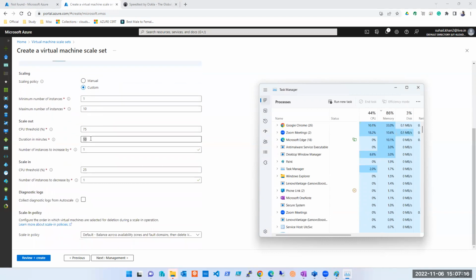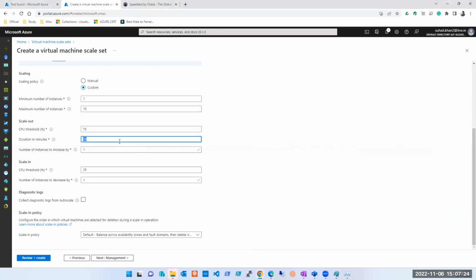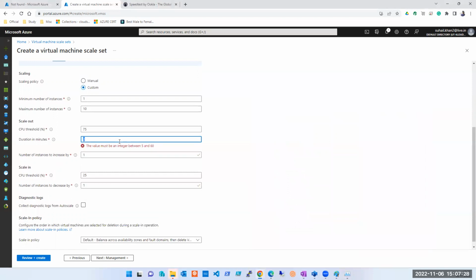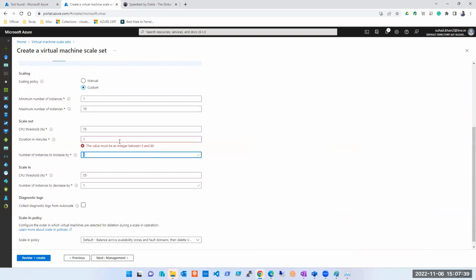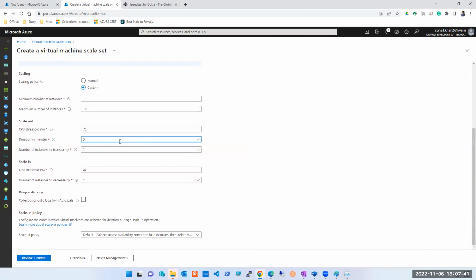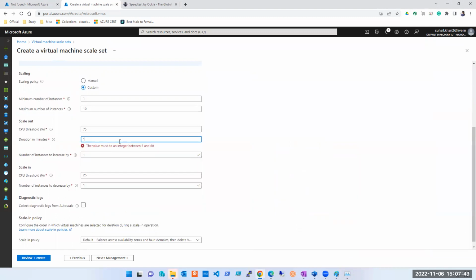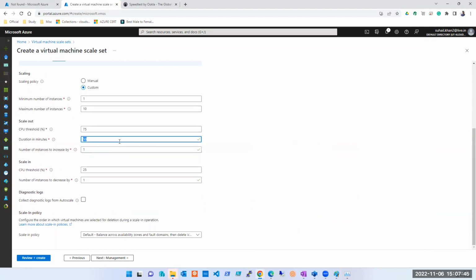The criteria is if my CPU utilization goes to 75% and stays there for 10 minutes. Okay, this is 10 minutes. Now for practice purposes, see, minimum value is 5 and maximum is 60. No one asks these questions to you, by the way, but you should know कि वहां पर एक minimum value है. It cannot happen to you right 1 minute. It won't happen. So usually live environment में 10 होता है, but for practice purpose here, अगर हम 10 minute